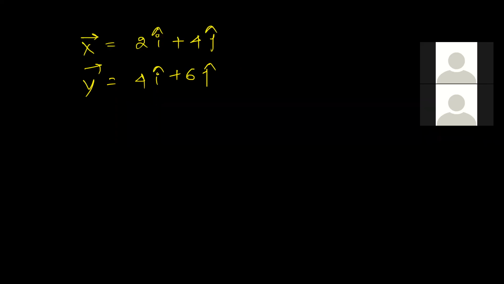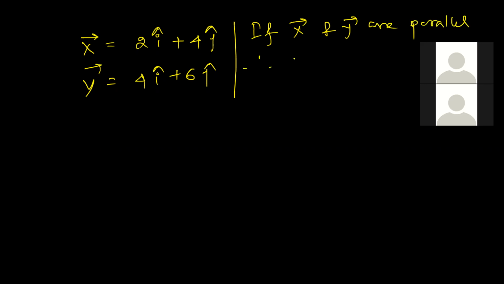But if it is said in the question that the two vectors are parallel, obviously we will not do that. If it is said that x vector and y vector are parallel, therefore we can say the angle between the two vectors is equal to 0 directly. Suppose we consider two parallel lines, there is no angle between them, so obviously their inclination angle will be 0.